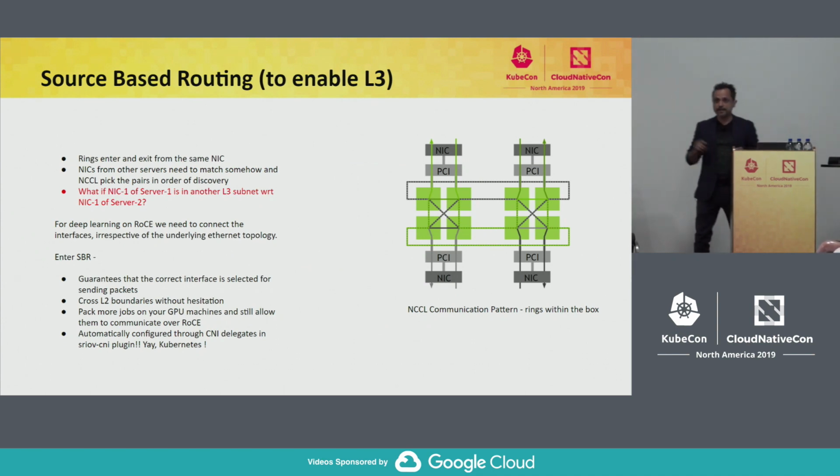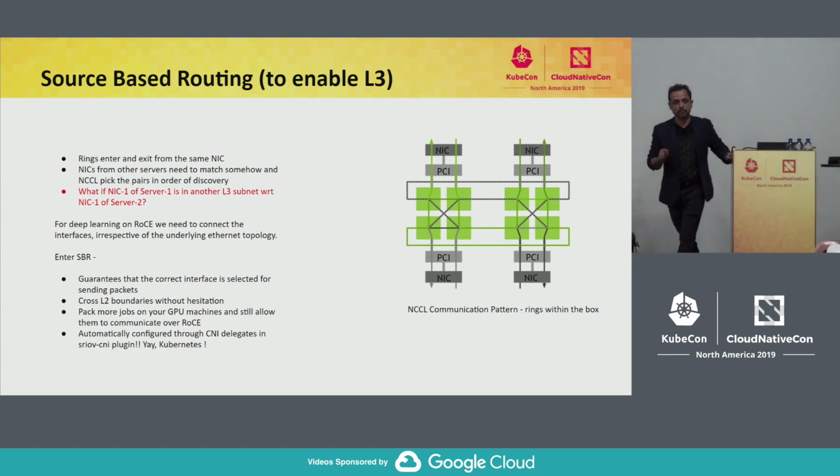Sixth point, if you don't enable this, this is going to be dysfunctional. This is source-based routing. Now, Erez introduced that using Multus, we will have multiple interfaces into the pod. When you have multiple interfaces, all of them are on a different network, and possibly would be. Do you know how routing works then?